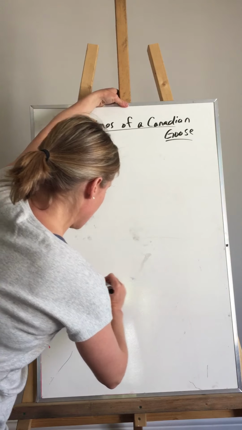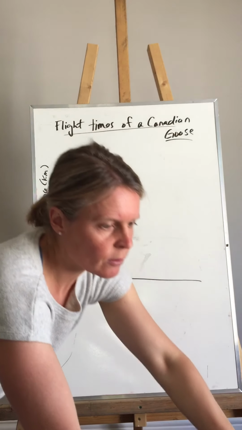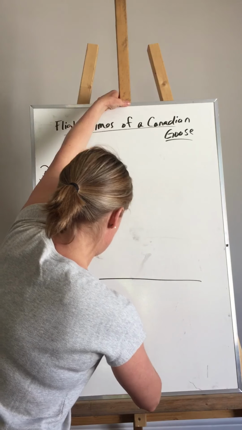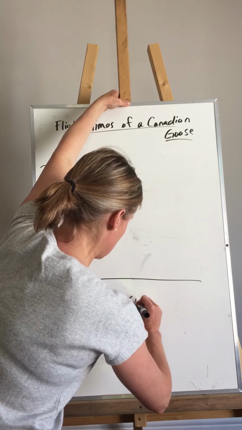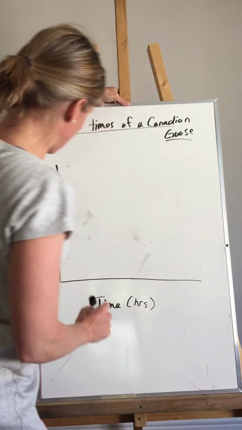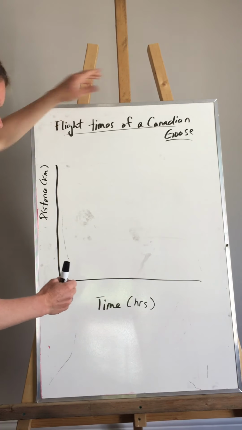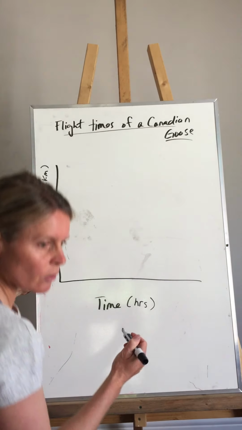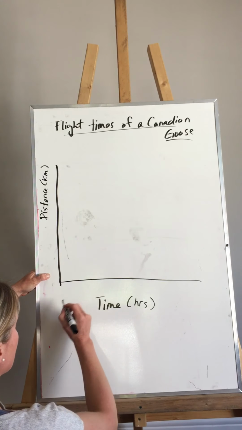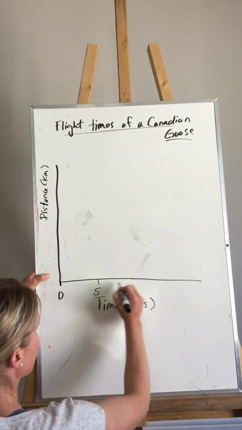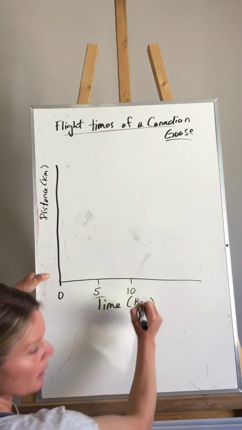And along the bottom, my independent axis, my x-axis, it's time in hours. Okay, so now I've labeled my two axes. I'm going to put the scale on. Okay, this is good review for your graphing as well. So my scale for my hours is going up by 5s. Okay, so 0, 5, 10 hours,